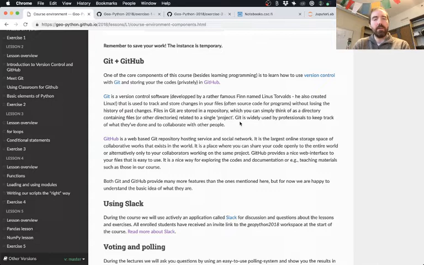So basically every time you fix something in the code, let's say you're working on one of the exercises and you fix one part of one problem, there's no harm in committing that change to Git at that point.